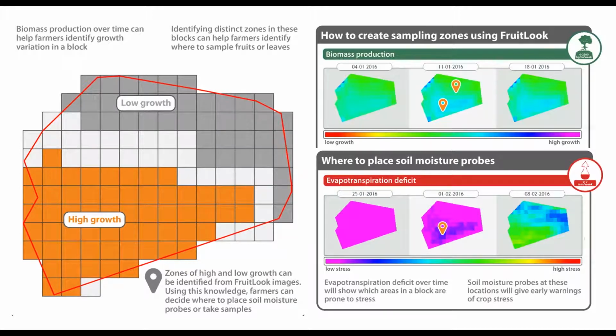for the placement of soil moisture probes. You can use both of these to see where drought stress occurs first. By placing a soil moisture probe at these locations, the farmer gets informed about drought before the rest of the